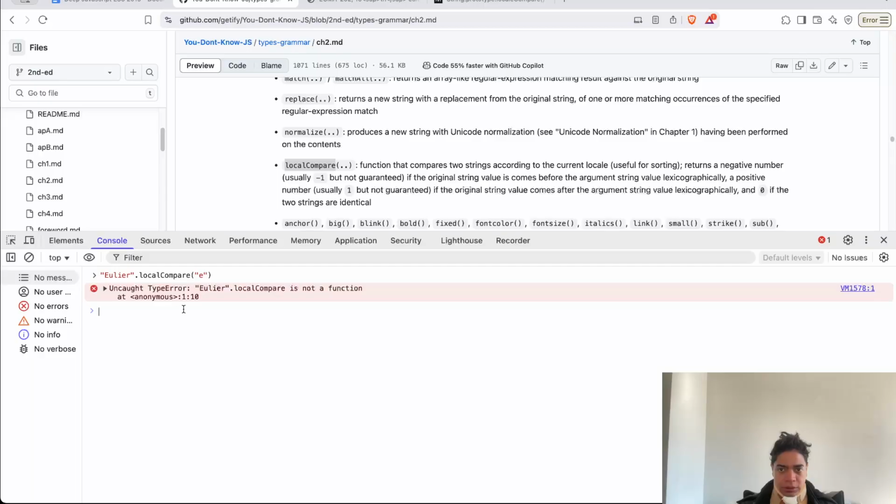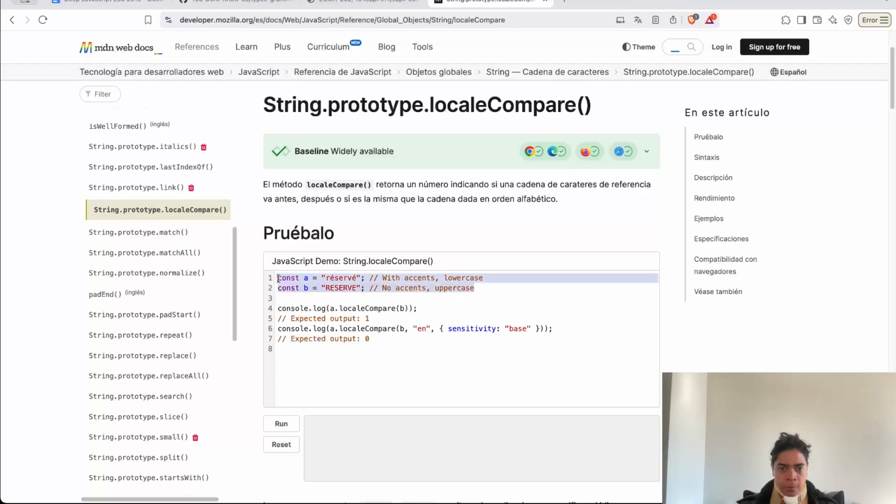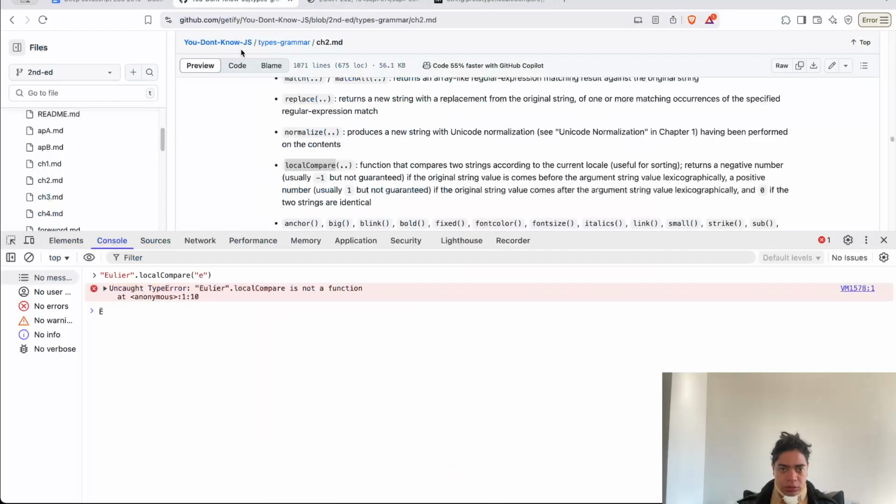Okay. Okay, so for example, if you do it here and then you say I want to now use a localeCompare,